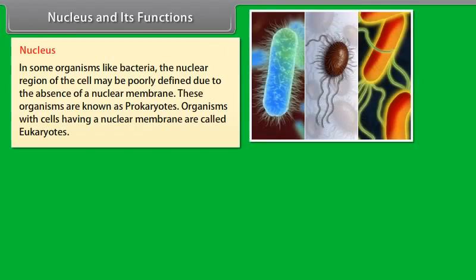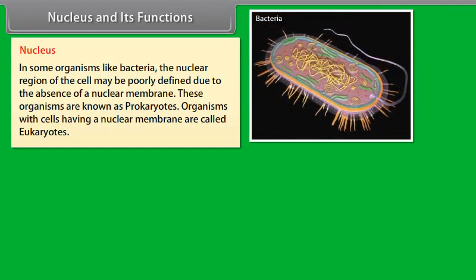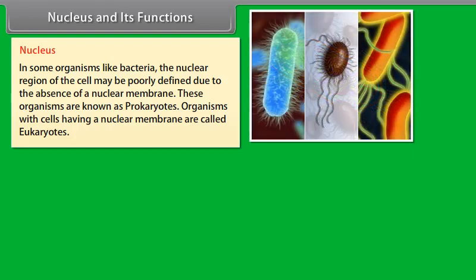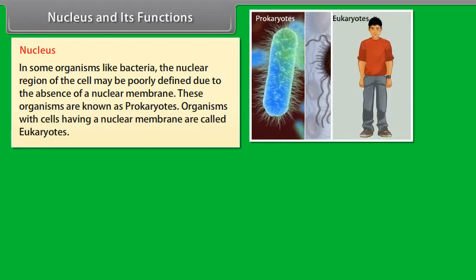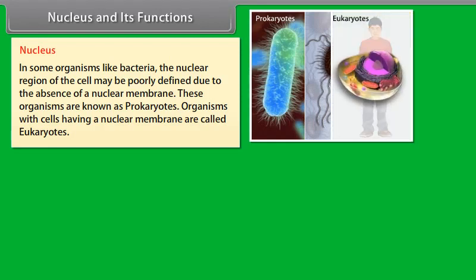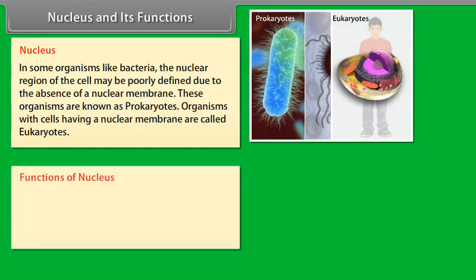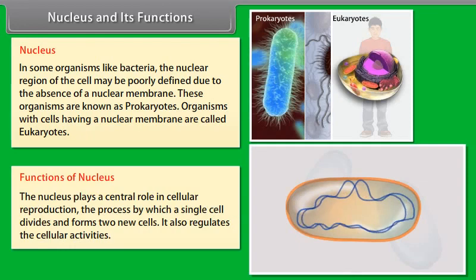Nucleus and its functions. Nucleus. The nucleus has a double-layered covering called the nuclear membrane. The nuclear membrane has pores which allow the transfer of material from inside the nucleus to its outside, that is, to the cytoplasm. The nucleus contains chromosomes, which are visible as rod-shaped structures